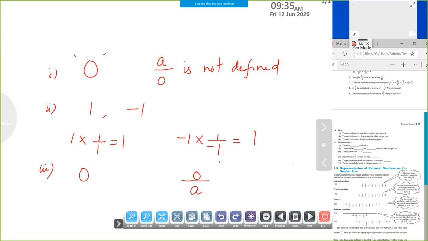So this satisfies the condition of the p by q form where q is not equal to 0. I write it here as 0 by q, where q cannot be equal to 0. 0 and q are any two numbers. It satisfies the definition of a rational number. So 0 is a rational number. The negative of the number is 0 itself, but it does not have a multiplicative inverse, or no reciprocal, for the number 0.